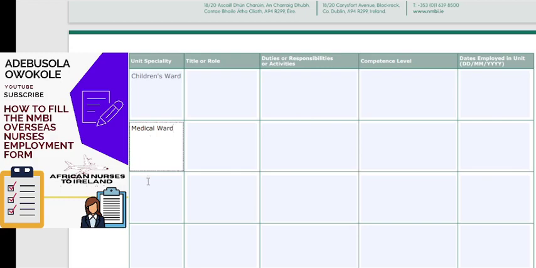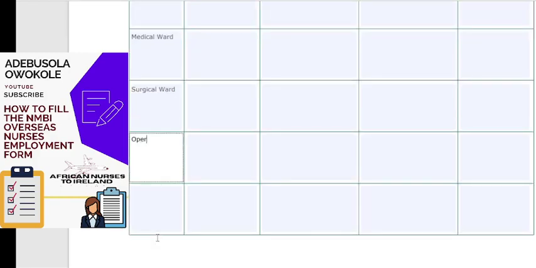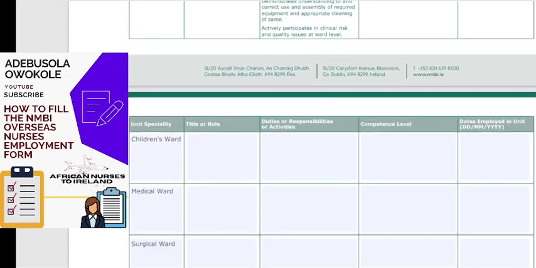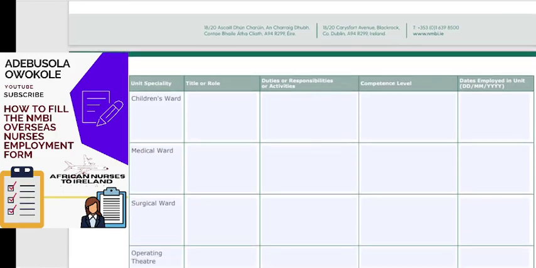So you worked on the medical ward. Here you worked on the surgical ward. What else? Operating theater. And gynae ward. Like I said, this is a sample for one institution at a time. In this particular institution, you've worked in 5 different places, on 5 different wards. So your title on that